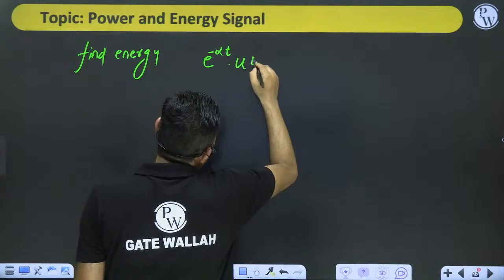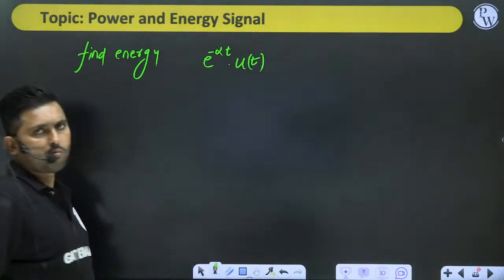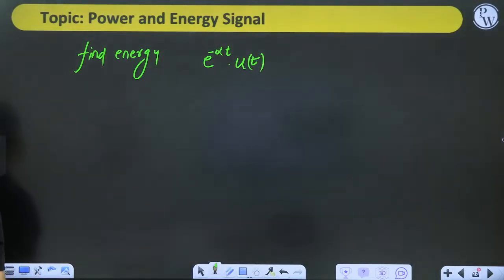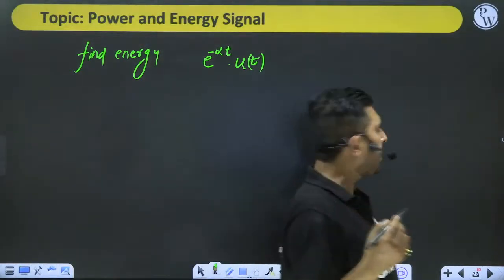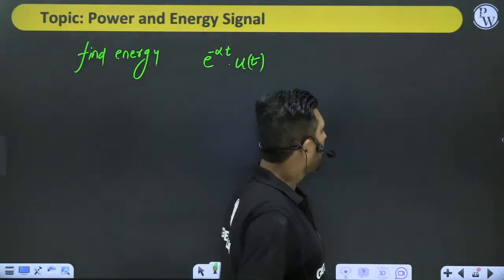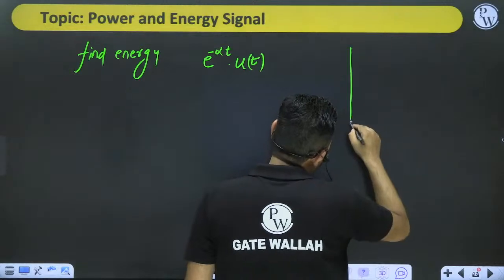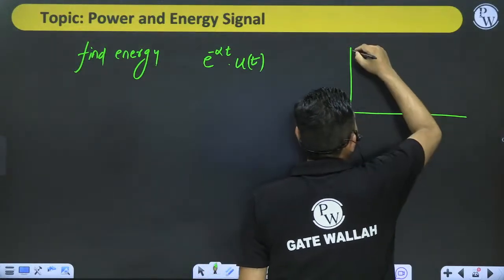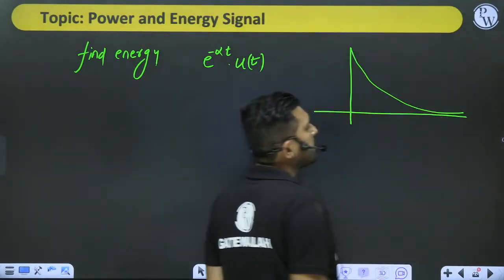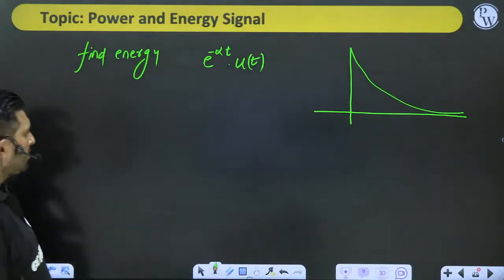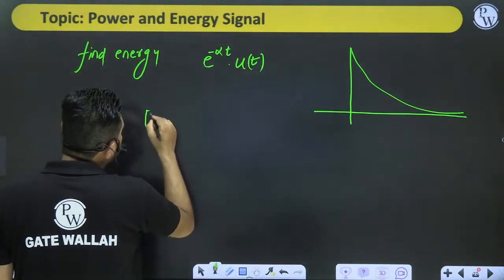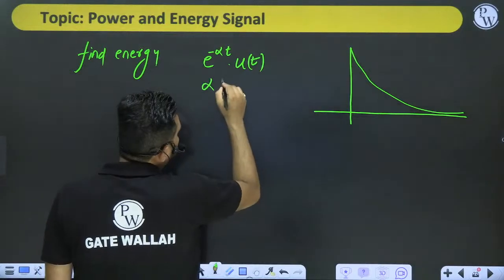In the last class, I told you what e to the power alpha t u of t means. It is a function denoted by this one. This is e to the power minus alpha t u of t. Let's find out the energy of this function. How will you write it? Energy is, since alpha belongs to real, for example,